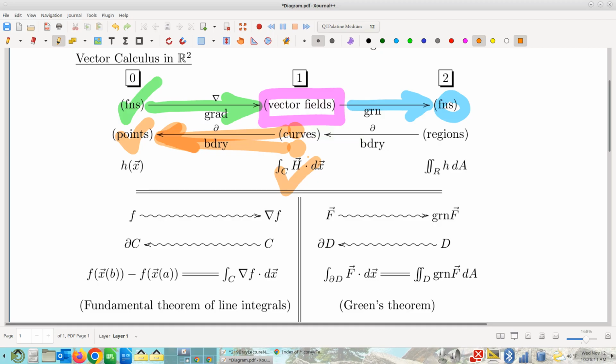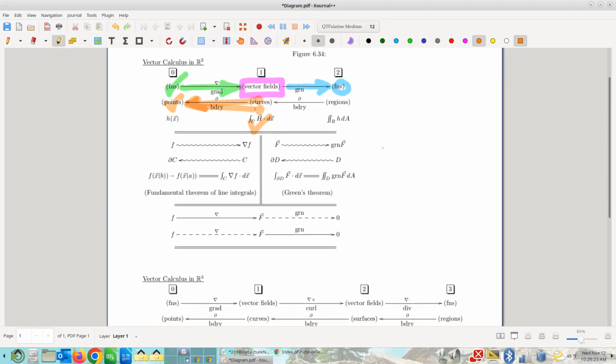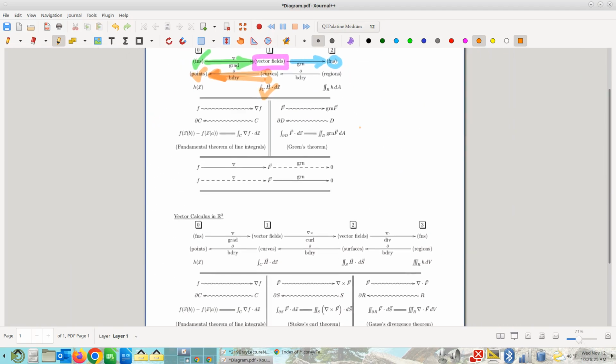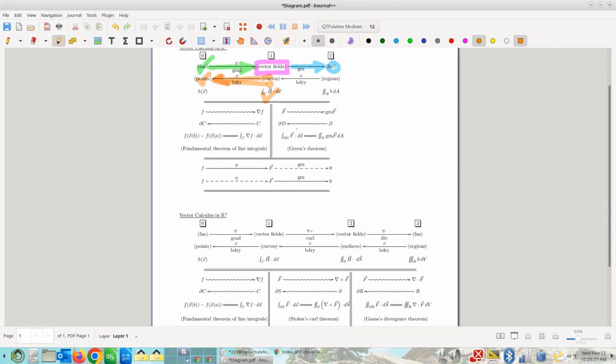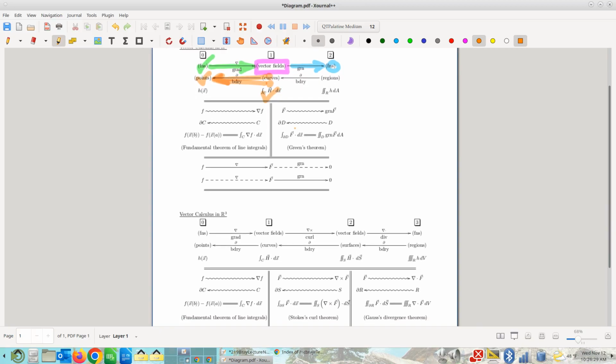All right, so that's a little bit of a weird look, but there's something to be said for noticing that these features lay out on the diagram in a certain way, and there's a preview now of how we're going to capitalize on this. Another hard thing to see coming, but there is a three-dimensional version of this diagram. It's going to be much of what Chapter 7 is going to be about. And these three properties of vector fields in 2 dimensions, vector fields of which you're interested in line integrals, these three properties, they actually translate